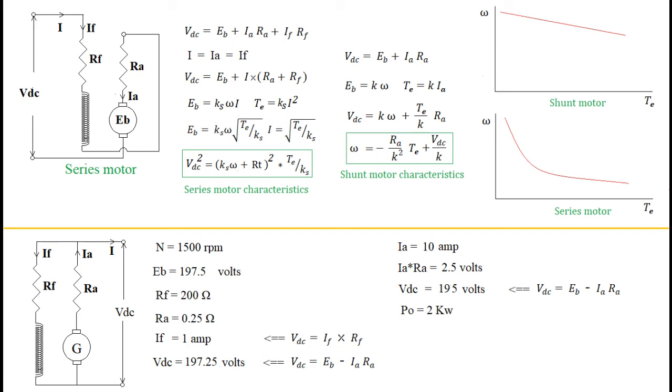By simplifying this equation, we will bring terms with the square root sign outside the bracket and replace Ra plus Rf with Rt. Finally, we will square both sides of the equation. So we see that the product of torque and square of speed is equal to some constant. This implies the hyperbolic relation between speed and torque for the series motor.